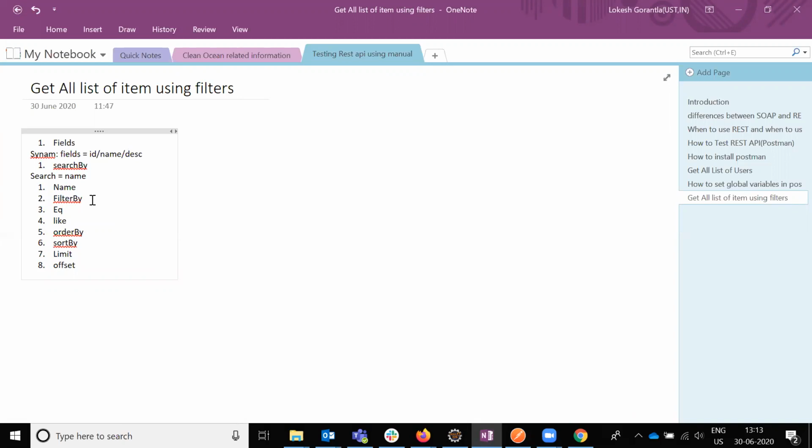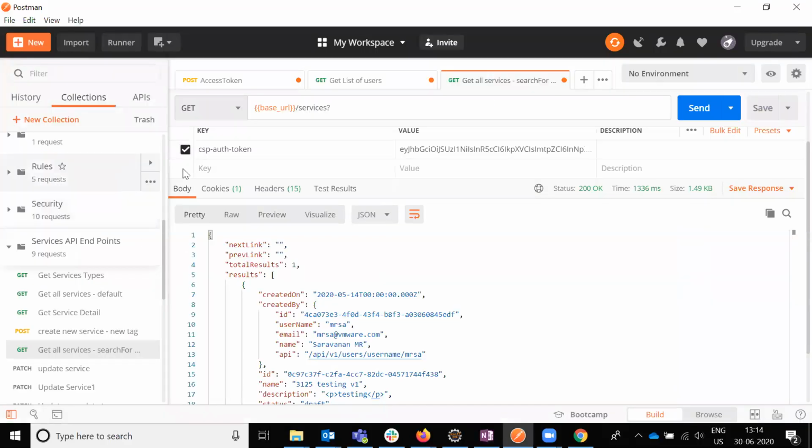Basically, the EQ condition is not only for equality, it is used for ID matching. The LIKE condition is used for naming convention, description, or any other fields. But the EQ condition is basically used for ID, and LIKE is used for name. They use the condition for matching with ID, matching with name, and descriptions.